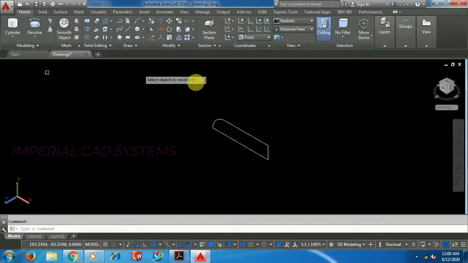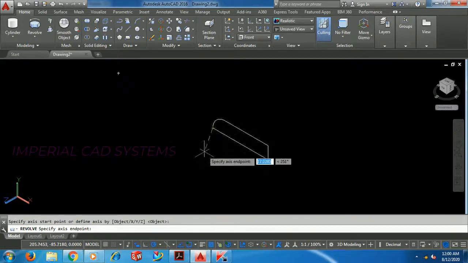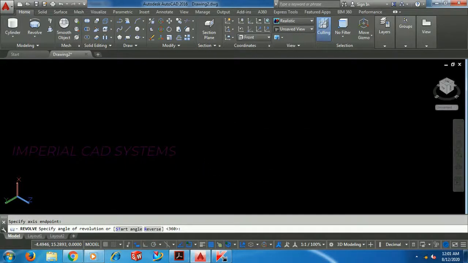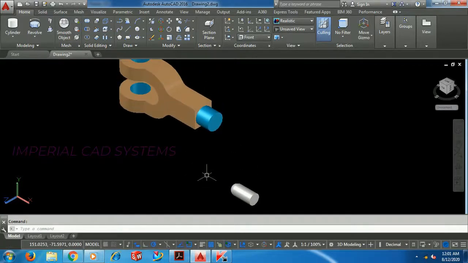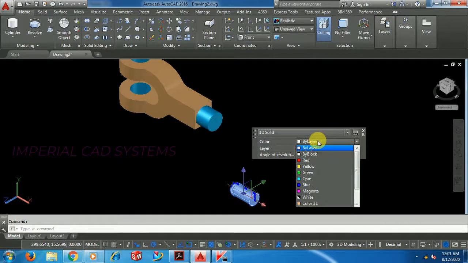Select revolve option, select profile, enter. Next axis start point and axis end point. 360 degrees revolve. Apply a color.